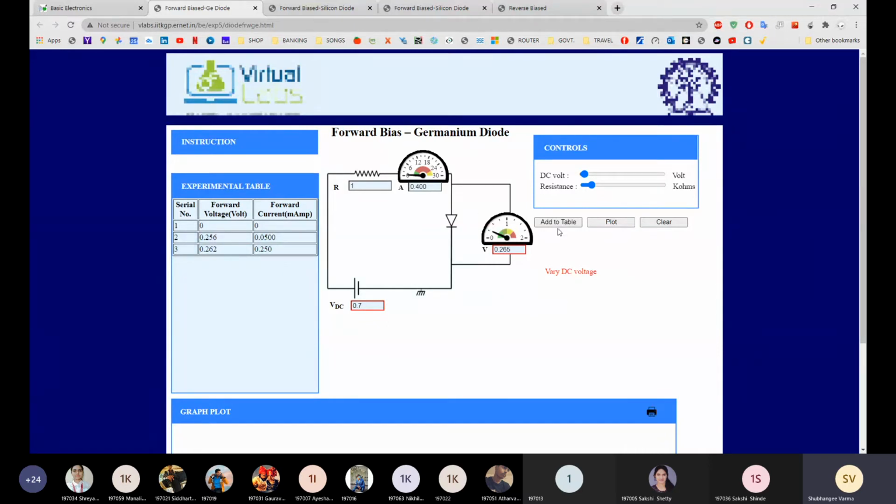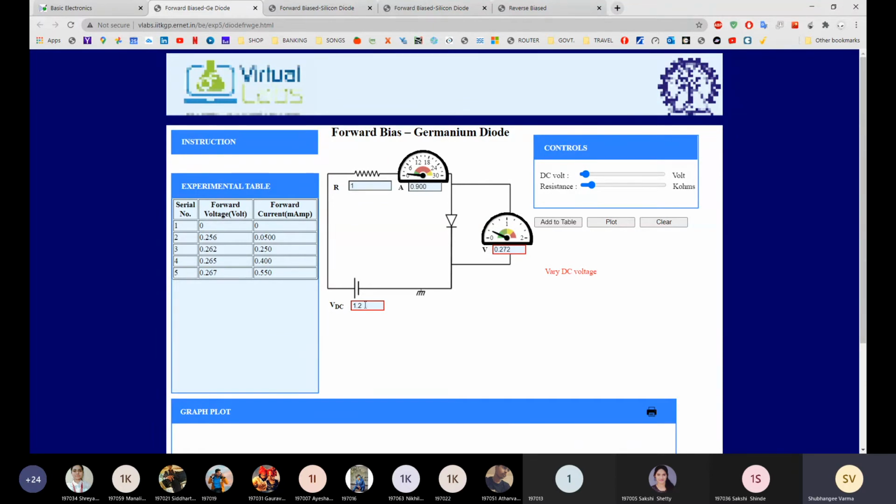Okay, so here I'm going to add it to the table. See, so your diode voltage remains constant, that is 0.265, and here you are going to write the external voltage, that is 0.7. Now I am going to change the voltage to 0.8. See, 0.8, and this is your current and voltage. Add it to the table. See over here, your current is increasing. Now make it 0.9. Okay, you can connect it, do it precisely, student. I'll directly take reading for 1 volt.